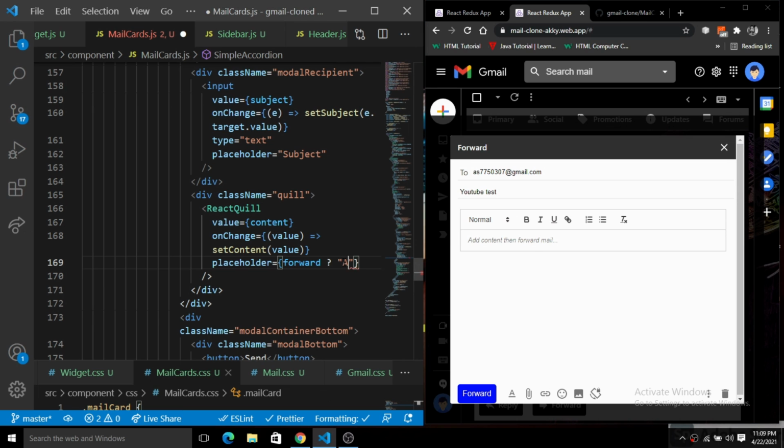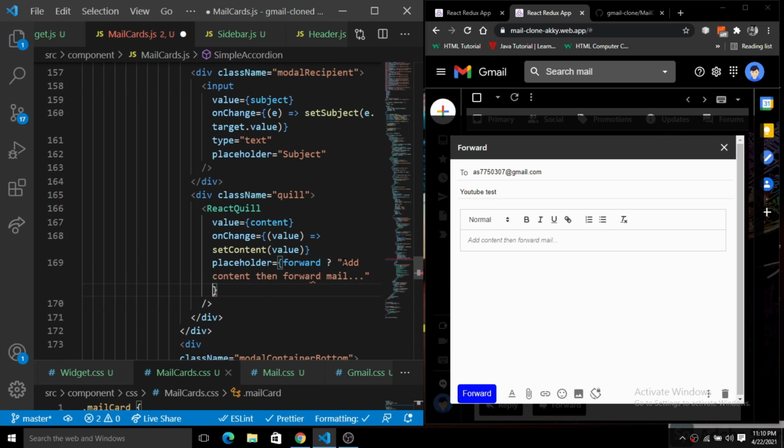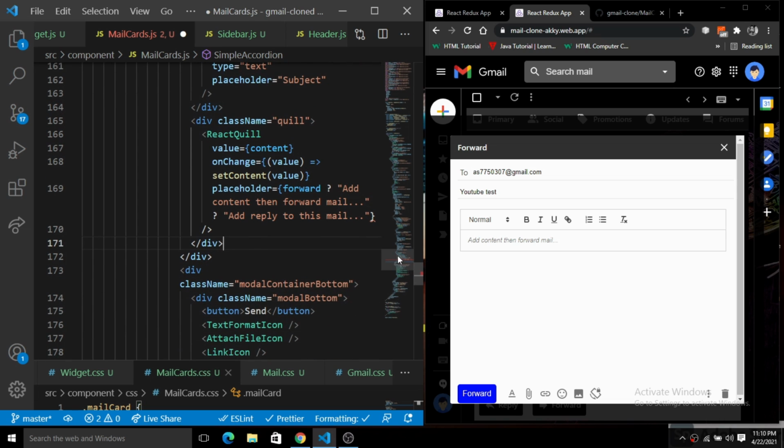So click on this forward, add content, then forward mail. This is for the forward. Okay, so when we have to reply, simply add reply to this mail. So basically these things we have to update here. One more thing that we have to update. Okay, I think there is an issue. Okay, let me see what's the issue there.